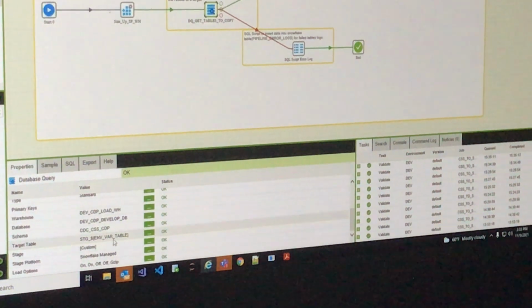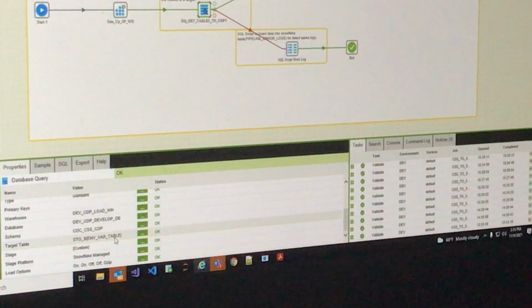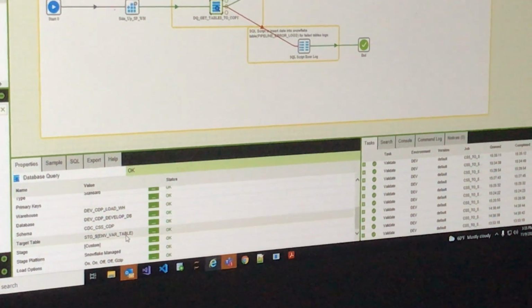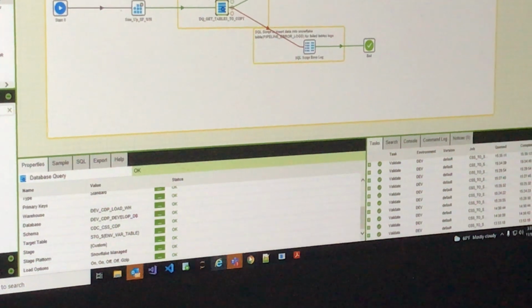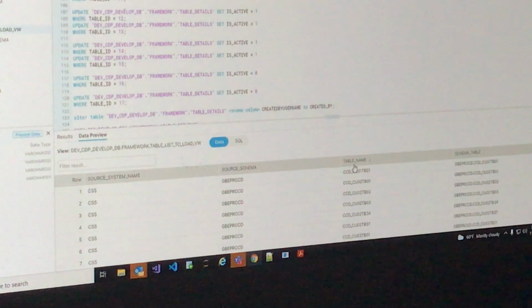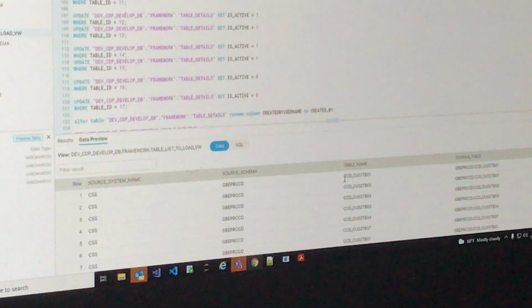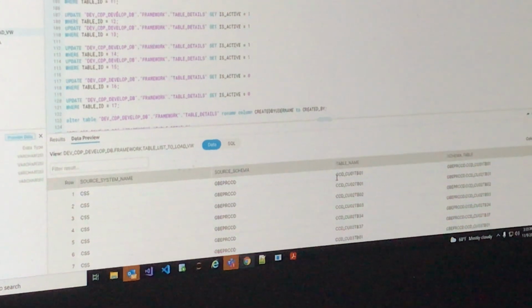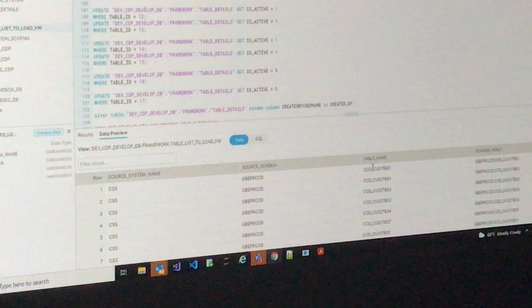here we are again using an environment variable, table. If you remember, we mapped that variable into this column. So in a target table, what will Matillion do?